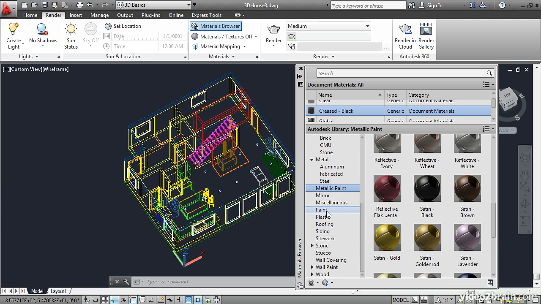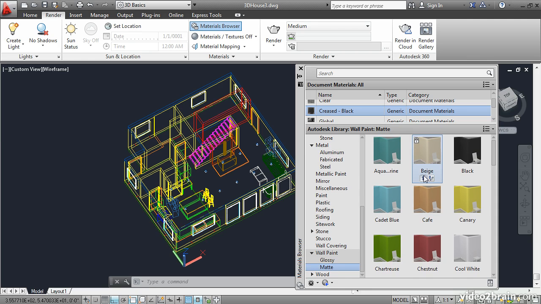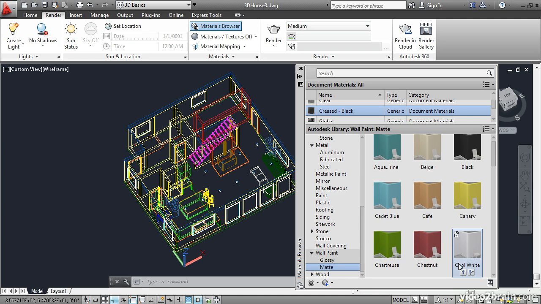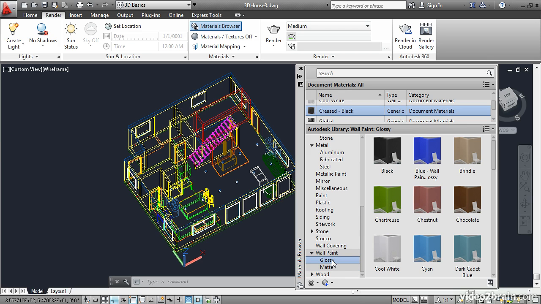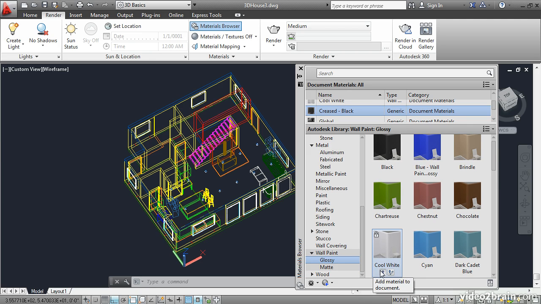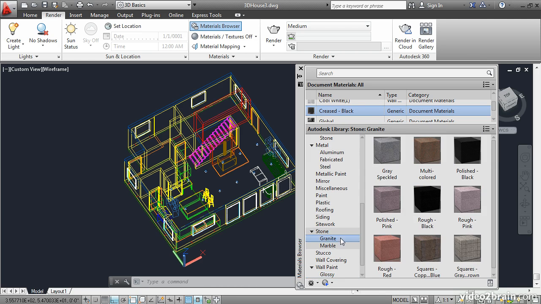Note that there's a paint category, but there's also, more specifically, a wall paint category. Let's use that, and we can choose from glossy or matte. I'll use a matte color. For the walls, I'll choose beige. And for the ceilings, I'll use cool white. I'll also select a glossy paint for the vinyl windows. That will be cool white. We can choose perhaps a granite countertop, gray speckled. And I'm sure I haven't thought of everything, but that's okay. I'll close the browser,